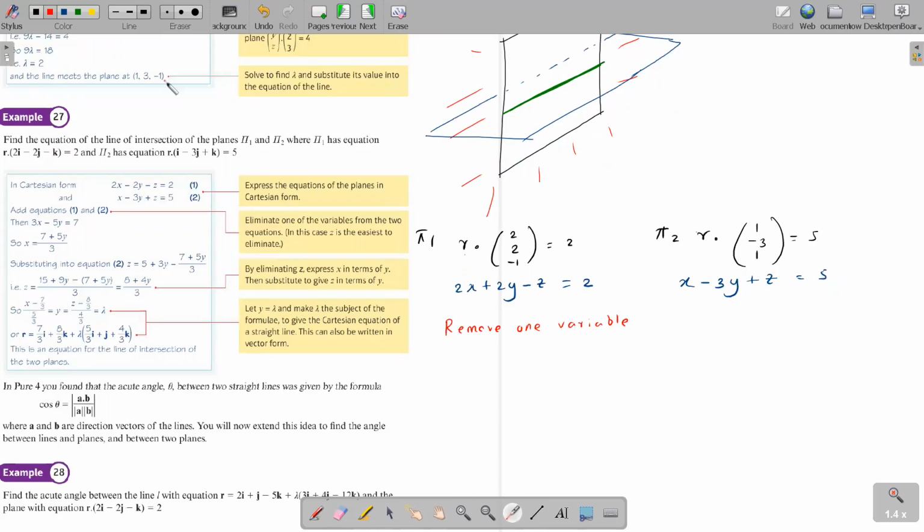When we take these two, it's easier to remove the z, right? Because I can just add the two equations and it removes. So let's say this is equation 1, this is equation 2. When I add 1 and 2, what do I get? 2x plus x, 3x. 2y I'm adding with minus 3y, I get minus y. Minus z I add with plus z, that is 0z. You agree? The last one, 2 plus 5 is 7. Can you all understand? So I end up getting 3x minus y equals 7. Is that okay? Yes, teacher.